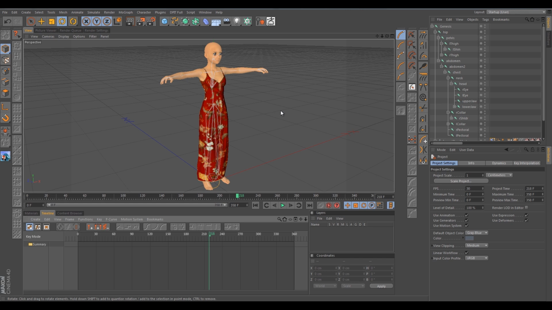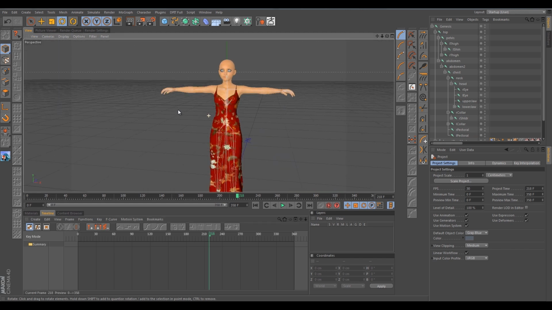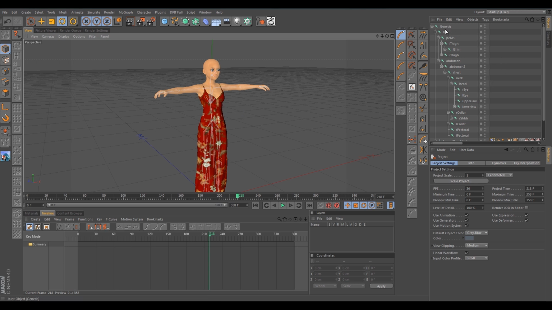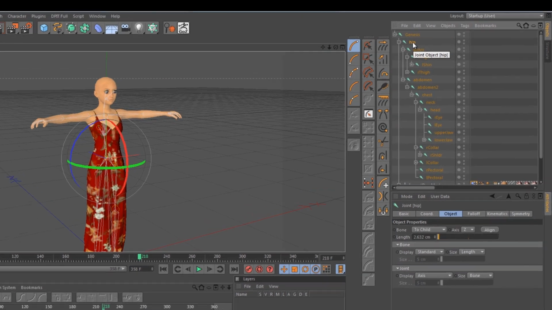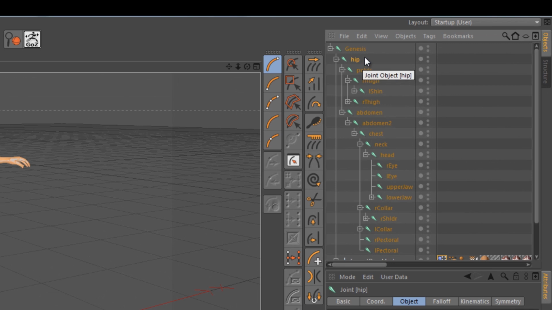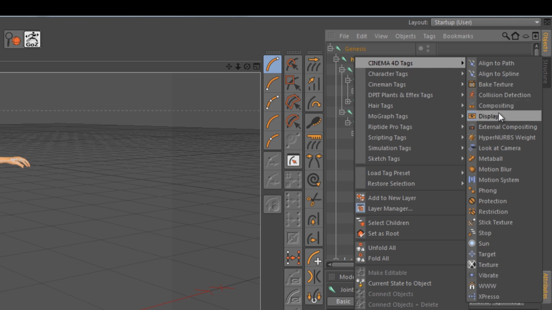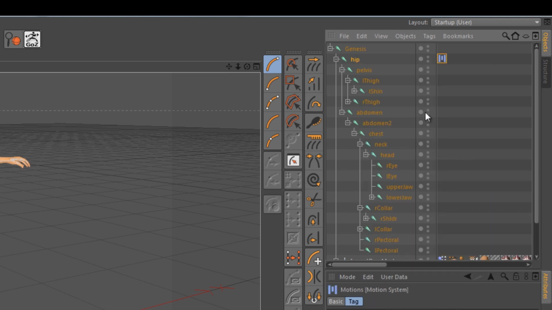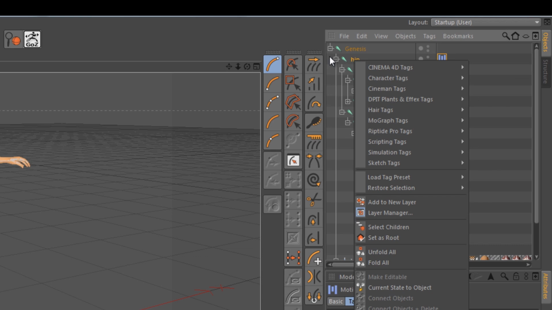And now we're back in test to edit. So we're back to square one. We're back to where we started this tutorial. But now what we can do is click on the hip, and we use the hip as the parent for our motion source. Our motion system was built onto the hip, and its hierarchy was where our motion system came into play. If we right click, do Cinema 4D tags, and add a motion system to it,